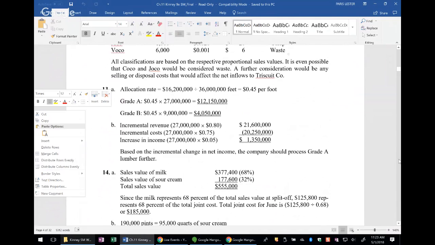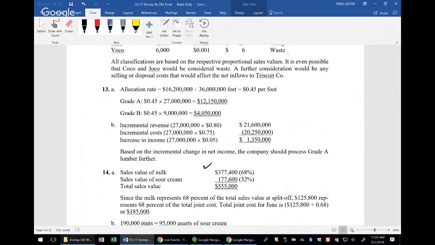All right, now here is your sales value of the milk, sales value of sour cream. Add the two together, divide the total into either of them, and come up with the percents of 68 and 32. Since the milk represents 68% of the total sales that split off, 125,000 represents